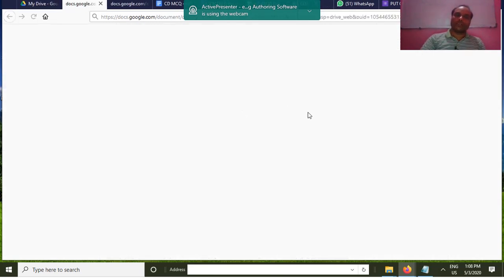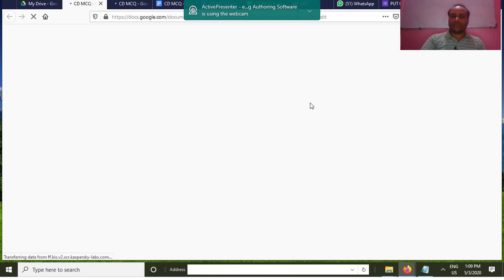Once you are double clicking, it is opened in the Google Docs format. It is taking time to open the document. Once it is opened, all the options are visible there.